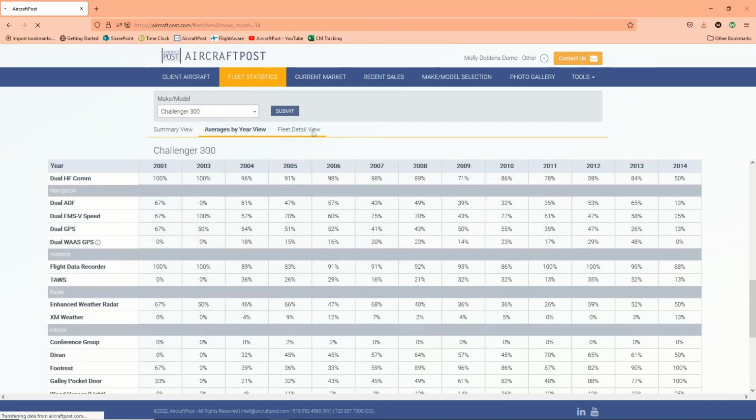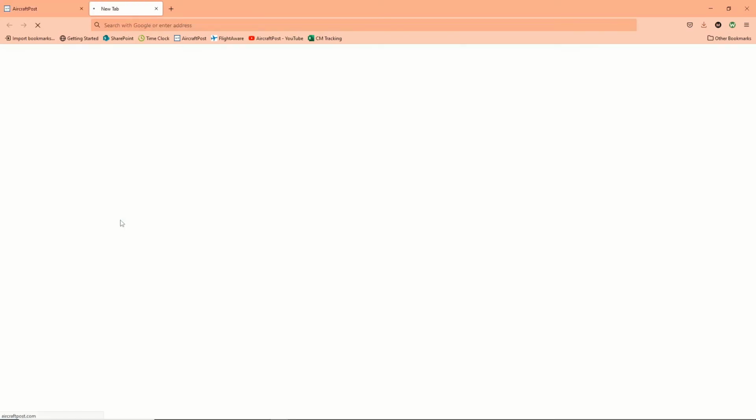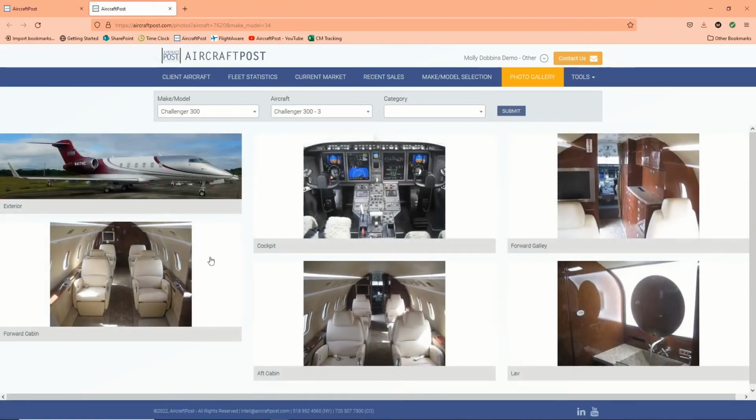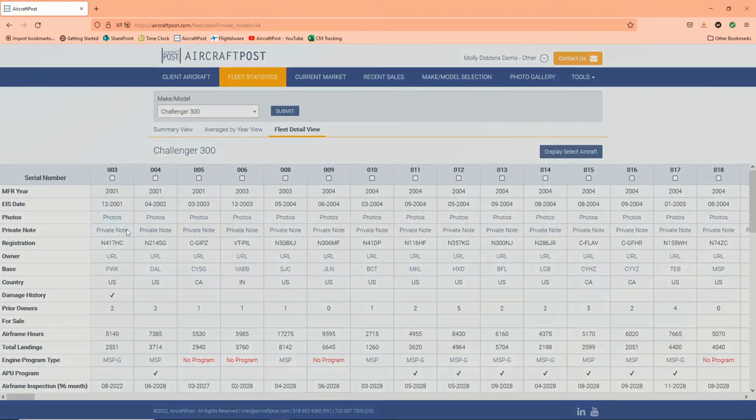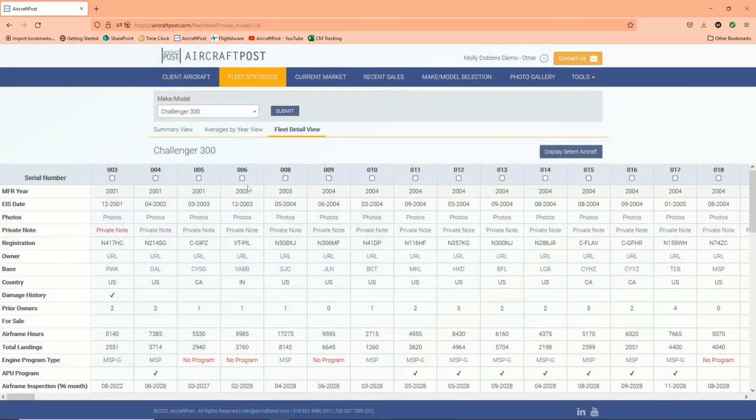Now we see the same data down to the level of individual serial numbers, plus even more. You can click the Photos link to see photos of the interior and exterior of each aircraft. The Private Note link allows you to take notes on a specific aircraft, viewable only by you. A great tool if you're evaluating several different aircraft for a client and need to keep track of pros and cons. There are links to the owner and home base, and if there has been reported damage to an aircraft,